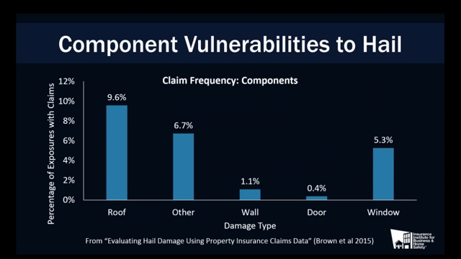This is how much of the loss dollars went to each of these components. If we look at the claim frequency, the number of claims compared to the number of overall exposures in our data set, you see that not only were there high costs for the roof damage, but the roof damage also occurred more frequently than any of the other damage types that we looked at, which is a trend that we see not only for hail events, but actually for a lot of natural hazard events. The roof is often identified as a component that's most frequently damaged, whether it's a wind event or a wildfire event. It's often the roof that is driving